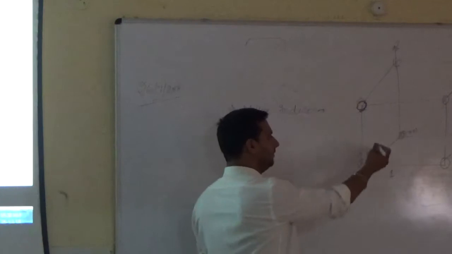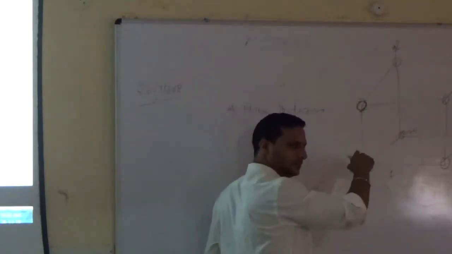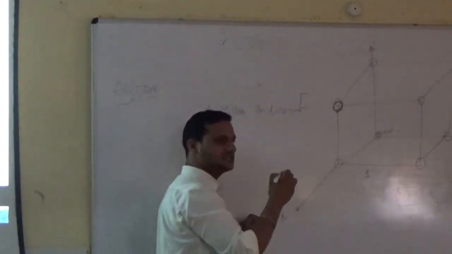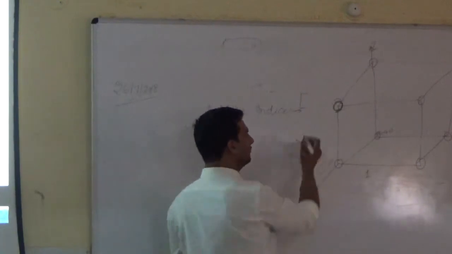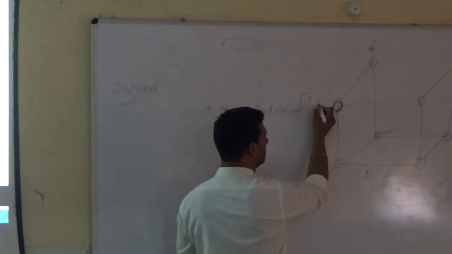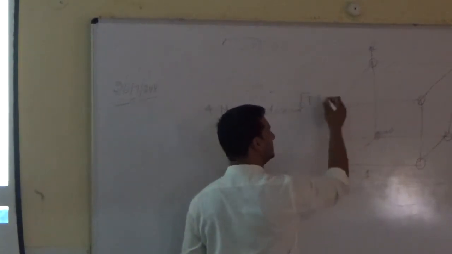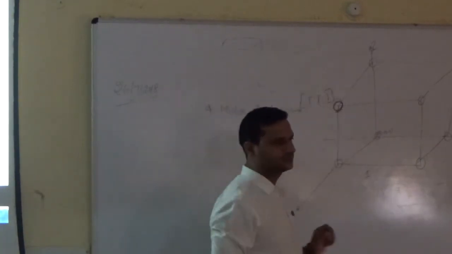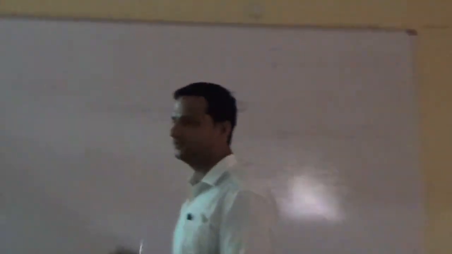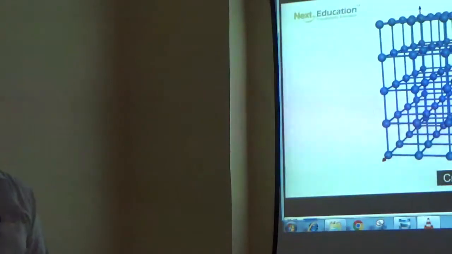Then we have to move in the x direction in the opposite direction. For representing the opposite direction, simply put a bar on the value 1. The y-axis is negative 1 bar, and z is in the positive direction. These are the steps we have to follow for picturization and locating an atom.